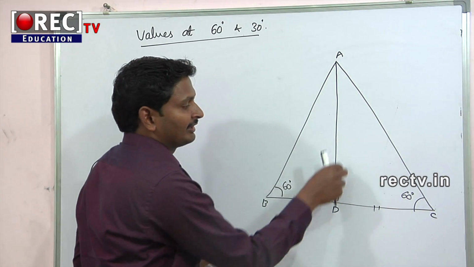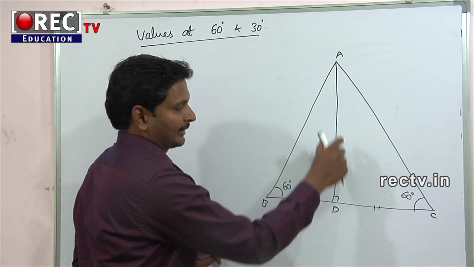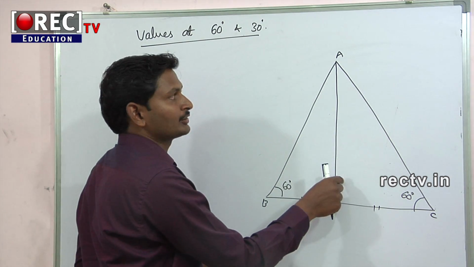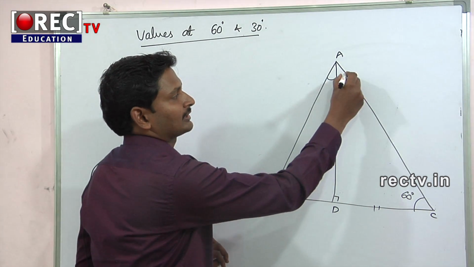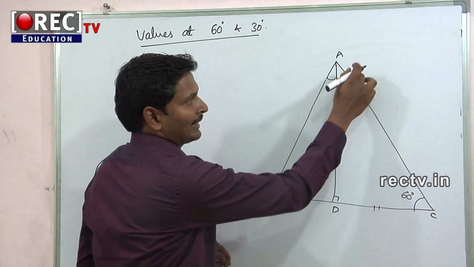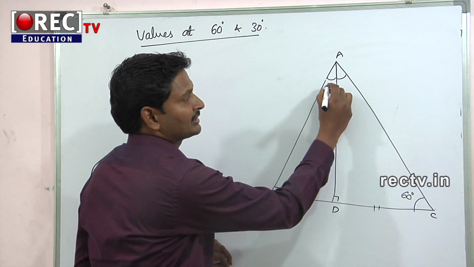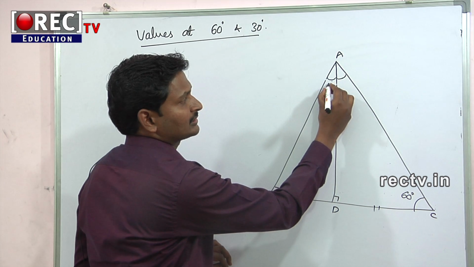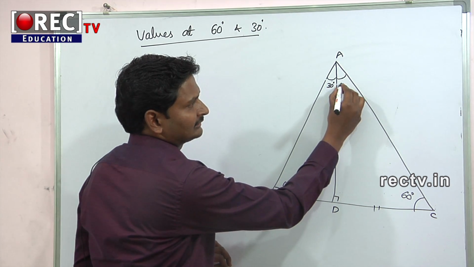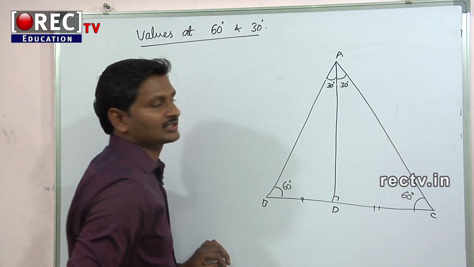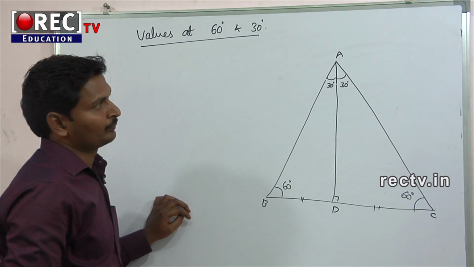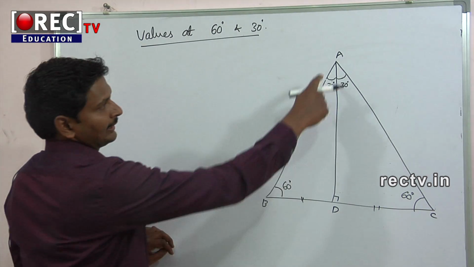So this is the equilateral triangle. This altitude becomes the median here and this altitude also becomes the angular bisector here. Now this total angle is equal to 60 degrees. Divided into two equal angles, each is exactly 30 degrees, half of 60 degrees. Now from triangle